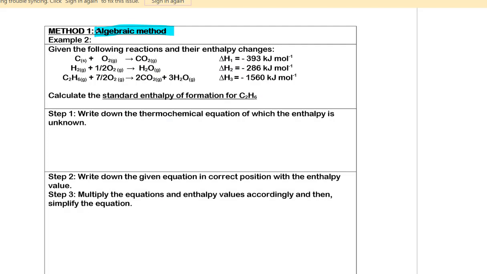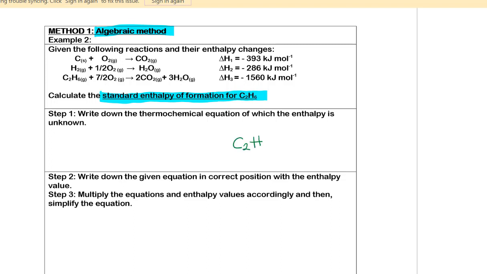Algebraic method example 2. Given the following reactions and their enthalpy changes, calculate the standard enthalpy of formation for C2H6. So, untuk soalan ni, dia tak bagi awak target equation. So, kita kena write down sendirilah target equation. Target equation dia adalah standard enthalpy formation for C2H6. So, according to the definition,